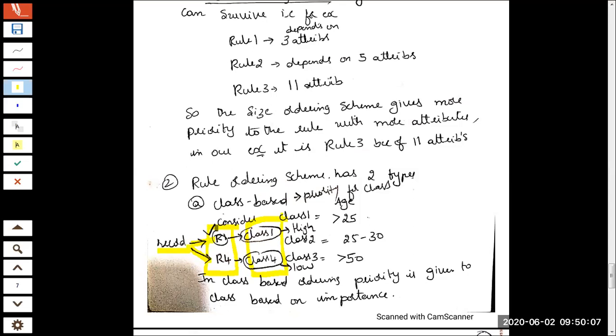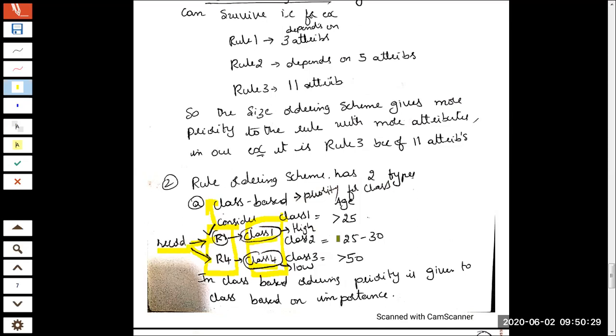Till now we were touching on the rules that were there inside the classifier. We would prioritize the rules that are sitting inside the classifier. Now we will prioritize the class. Instead of prioritizing the rules, we will prioritize the class. In this example, you can see there are some 3 classes.